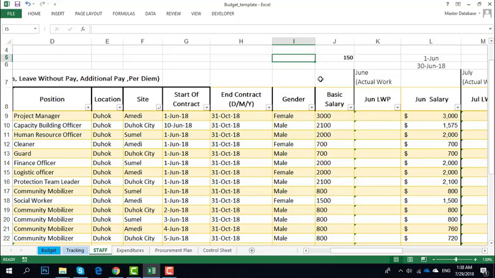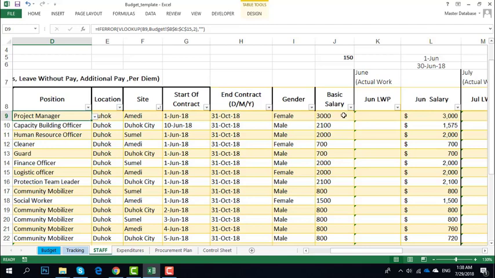In other words, if Salwa, who is a project manager, is absent one day, then we cut $150 from her basic salary. You see, but as I said previously,